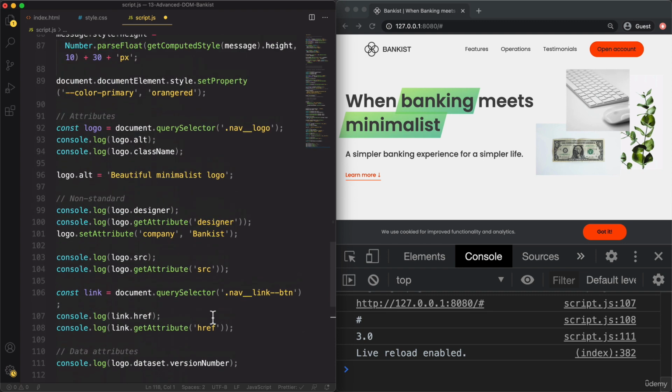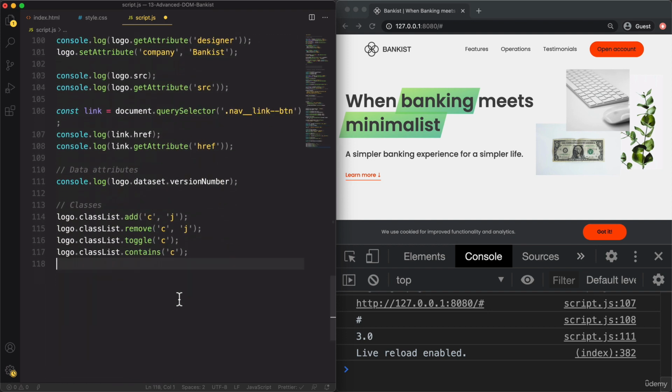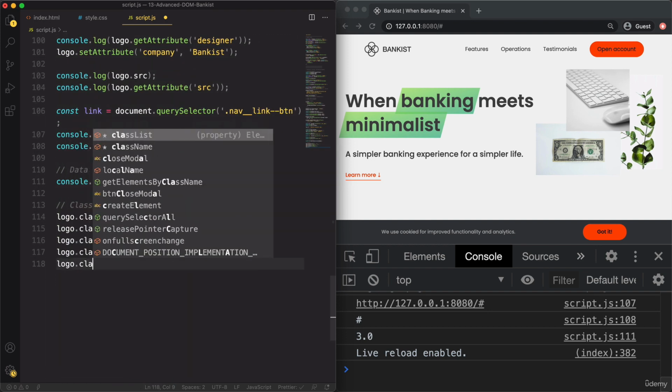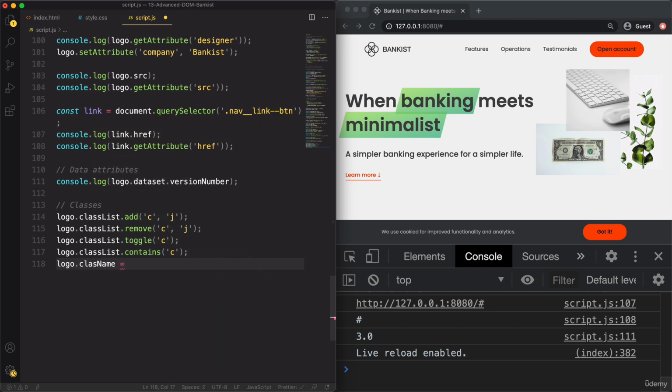Okay, now just as we could read the class name here using the className property, we could also use that to set a class. So we could do logo.className and then set that, well, let's say to Jonas. Okay, however, don't use this. Don't use, okay, because this will override all the existing classes, and also it allows us to only put one class on any element. All right, so again, only one class, and it will override whatever is already there,